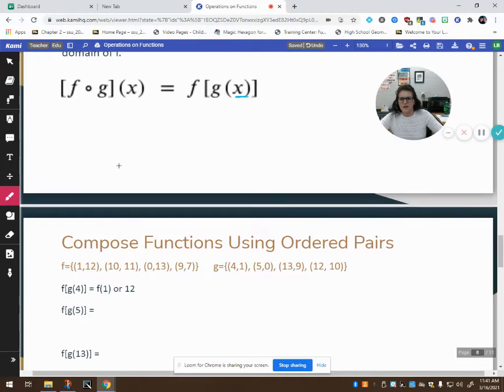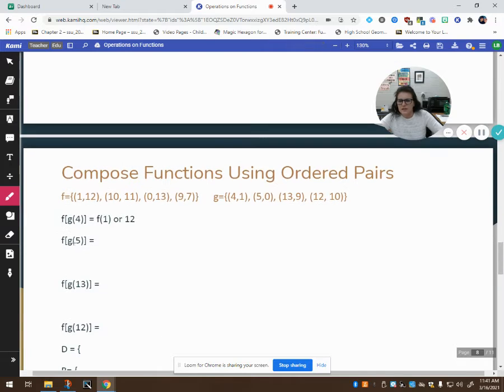Okay, so if I have the composition f of g of x, g of x is my innermost function. So I'm evaluating this for when x is equal to 4. So I come over here to my g function. I find where x is 4. Well, when x is 4, that gives me a y value that is 1. So that y value is now the new x value for my f function. So it says, okay, we've got this function f of x, where now our x is 1. So what is that evaluated at? Well, if I go to my f function, look at where x is 1, it gives me out a y